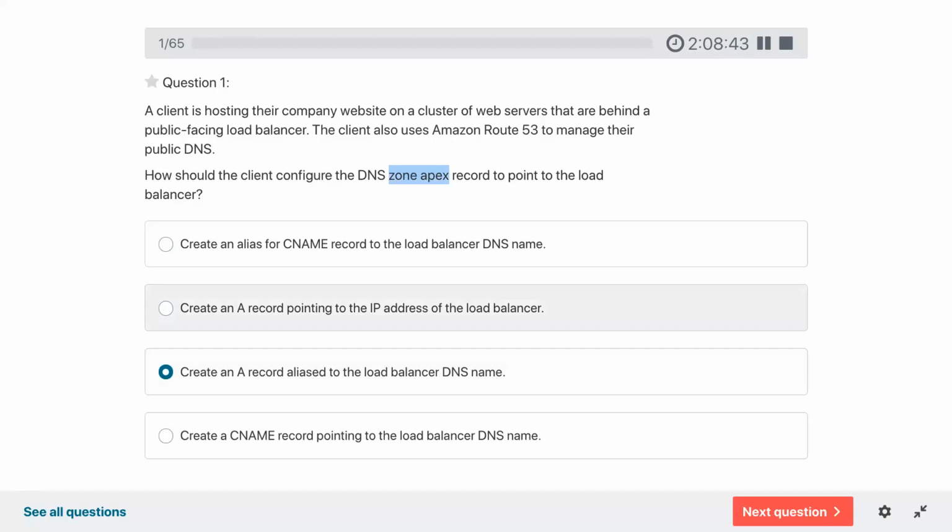You can create an alias which will point to the DNS name record of the load balancer. Now, some load balancers do not have an IP address, so you have to use DNS, so that tomorrow if the load balancer fails, it's easy to get it replaced by the new load balancer's DNS.